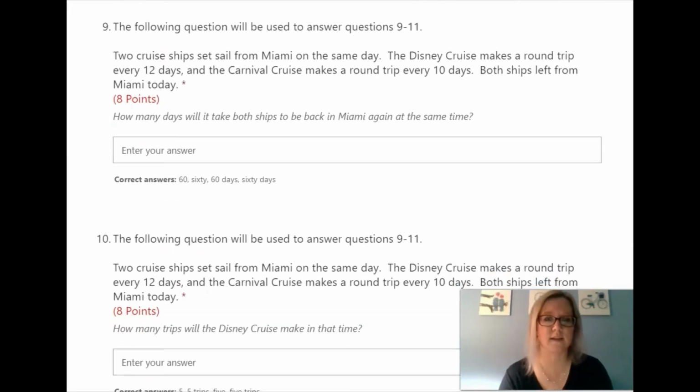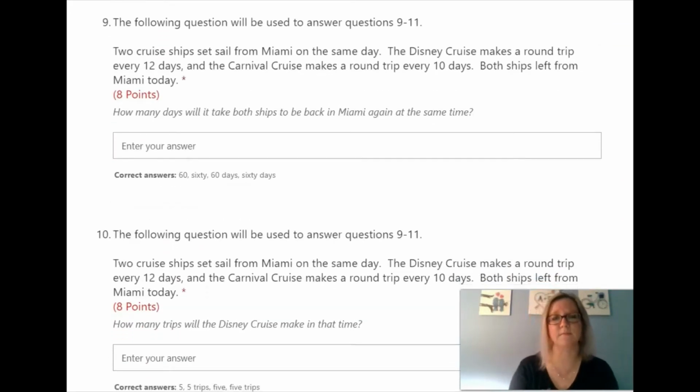All right, the next set of problems. So this problem will be used for 9, 10, and 11. It says 2 cruise ships set sail from Miami on the same day. The Disney cruise makes a round trip every 12 days and Carnival cruise makes a round trip every 10 days. Both ships left from Miami today. So the first part is how many days will it take both ships to be back in Miami again